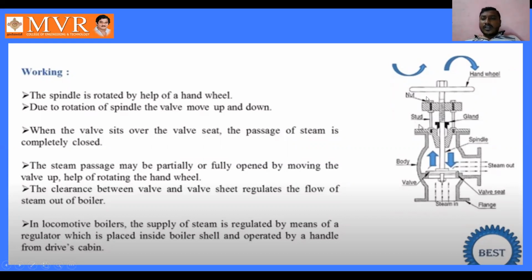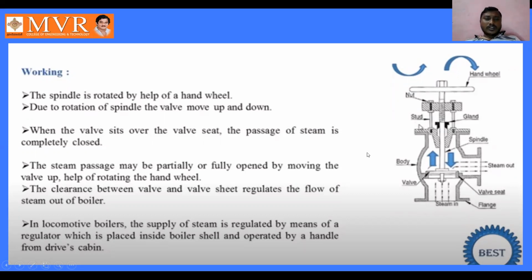This is what we observed in the first diagram: we have the stud here, and here we have the gland, which is used to stop the steam from escaping outside, and this is the spindle. When the wheel rotates, the spindle moves up and down, and when the valve opens, the steam enters inside. This is the valve seat, and upon the valve seat